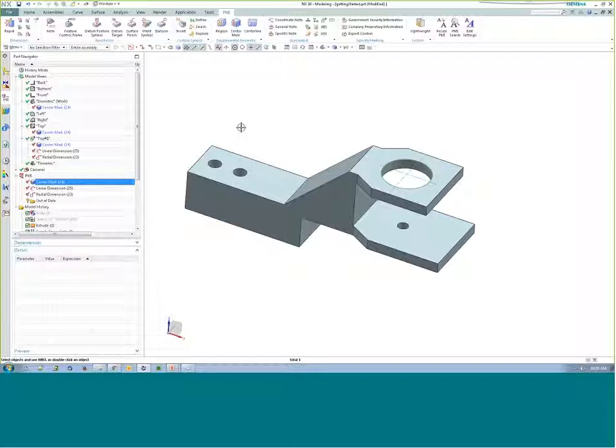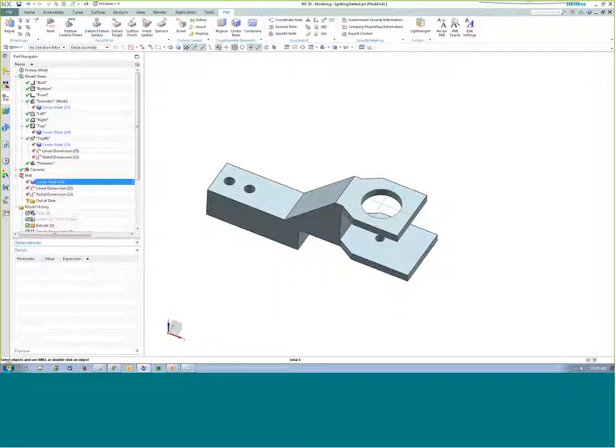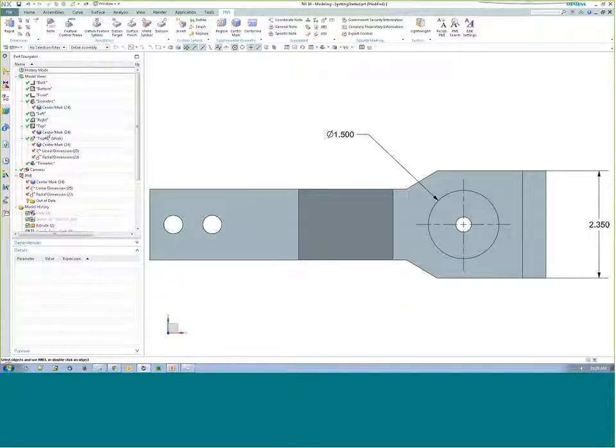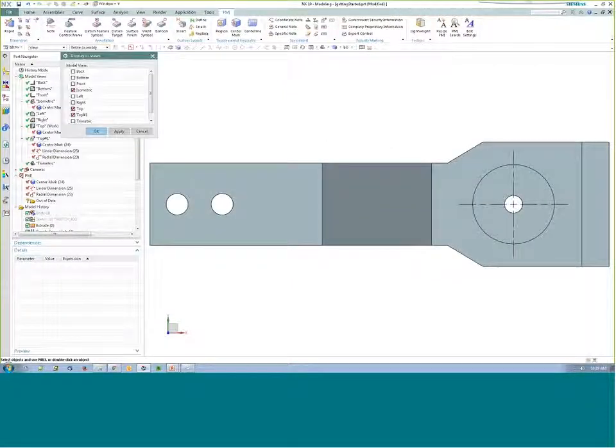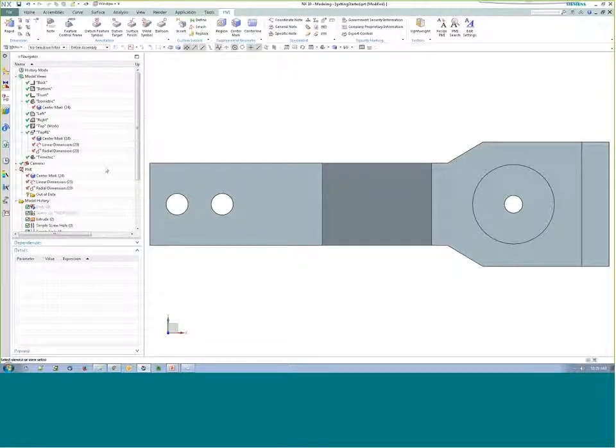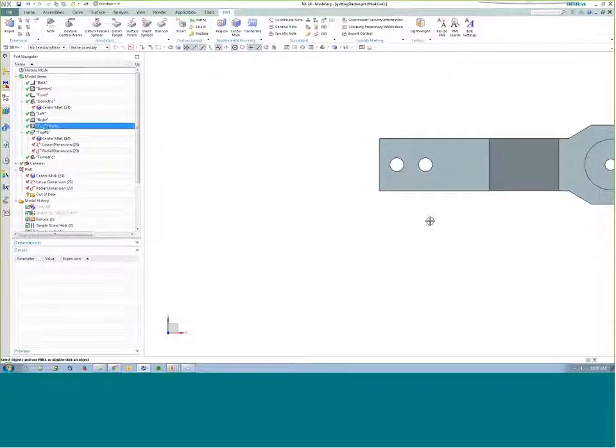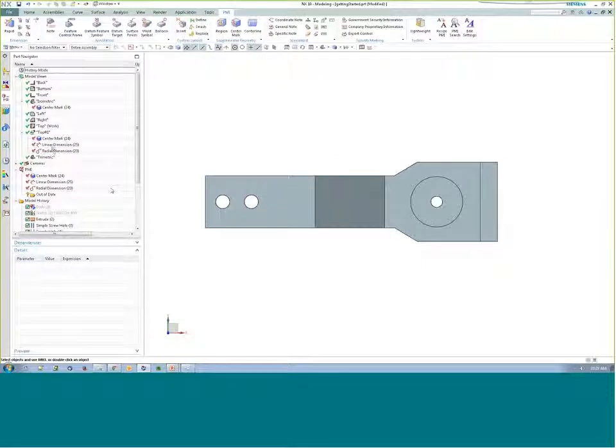Okay, next thing I'll talk about are section views, and I'm going to stay in this model. So now I'm going to create a lightweight section view. This is a section view that you can use later on, both in the 3D model and in the 2D drawing. If I right-click on a model view and choose Create Lightweight Section View,